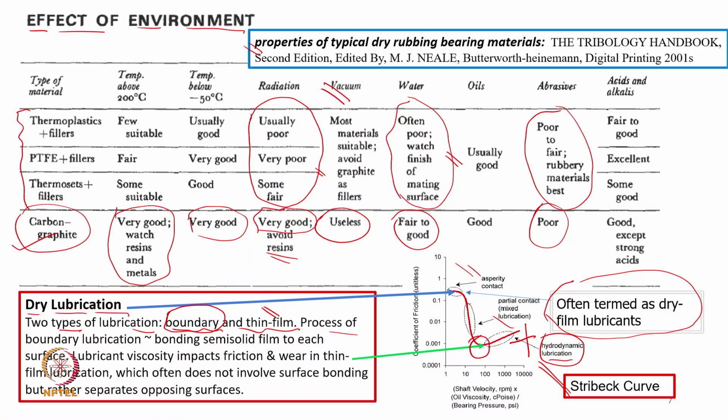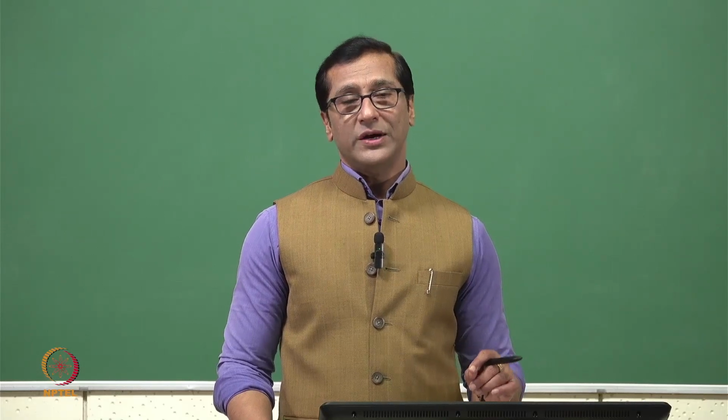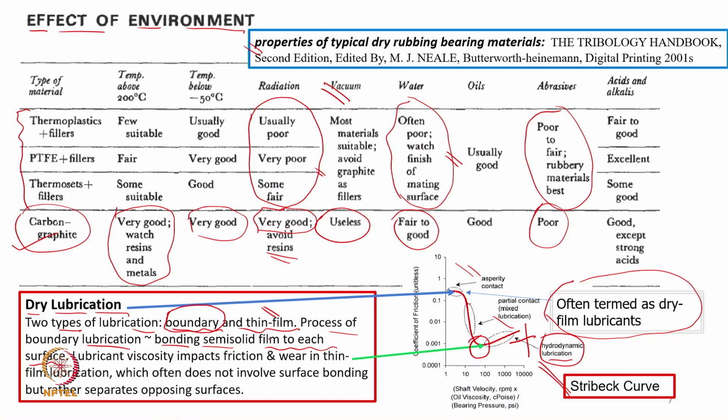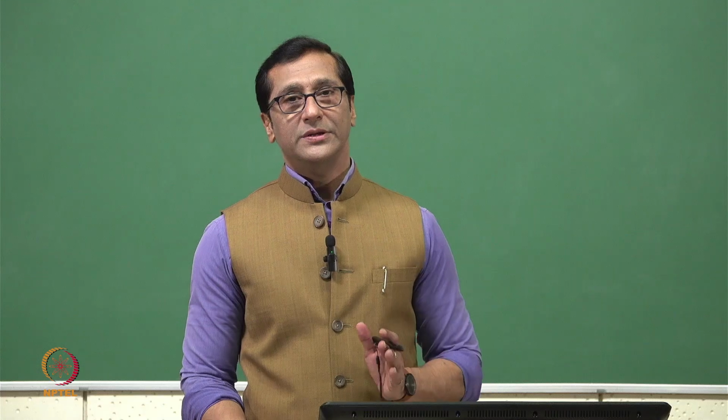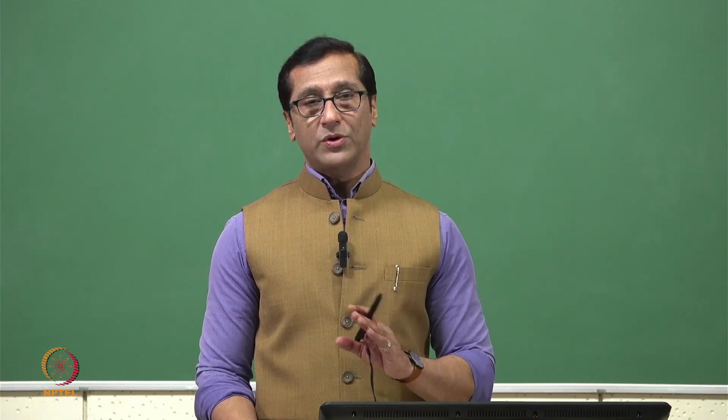So that's why we see the process of boundary lubrication, bonding this basically semi-solid film to each surface. Liquid lubricant will flow, and this boundary lubricant will get attached to the surface and can be detached also. So adsorption, desorption, or maybe simultaneous also. So this is where attachment and detachment is possible. Coming to thin lubrication, particularly we know the viscosity will have an impact, and in this case the liquid will not get attached to the surface. The attachment to the surface will happen because of the boundary additives,